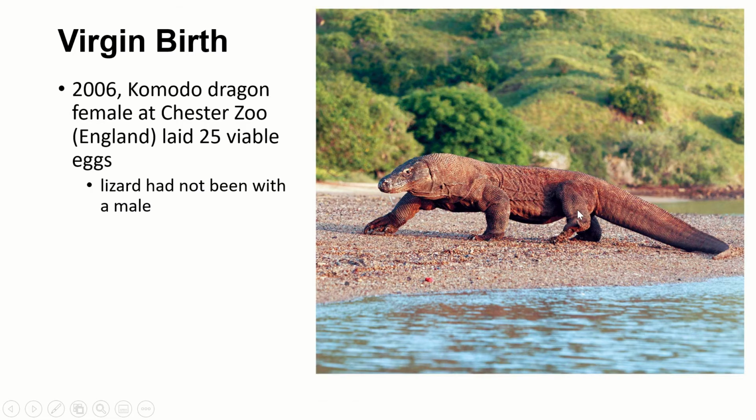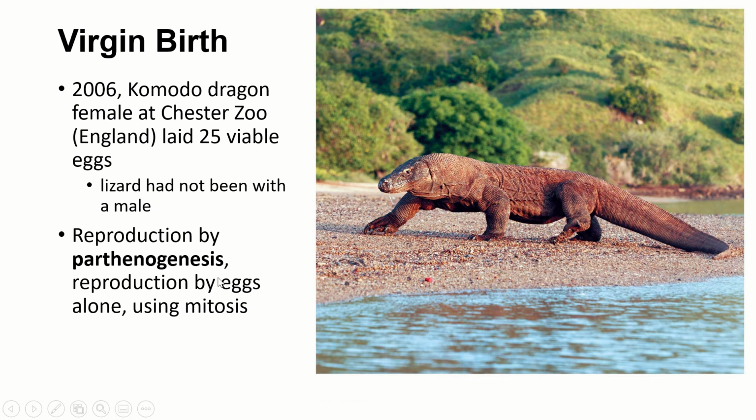Some animals can actually reproduce by using mitosis alone, without sexual reproduction. Now, when we talk about sexual reproduction, we don't necessarily mean sexual intercourse. We just mean the fusion of an egg and sperm into a new living being. Many animals, including many species of lizards, can do something that we call parthenogenesis, meaning that a female can create viable eggs that will grow into adults without any sperm, just with her eggs by themselves.